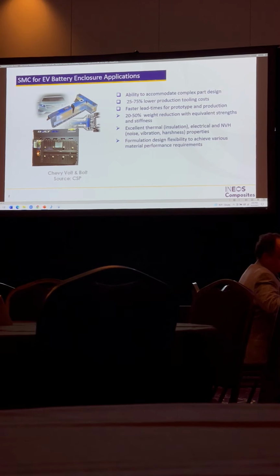From the materials performance standpoint, SMC materials are generally 20 to 50% lower in weight, and that brings waste reduction without compromising strength and stiffness. Secondly, SMC materials have excellent thermal insulation properties, as well as electrical, noise, and vibration harshness properties. And lastly, SMC formulation design is very flexible, so that we can achieve various materials performance to meet specific applications. So as a resin supplier, INEOS,